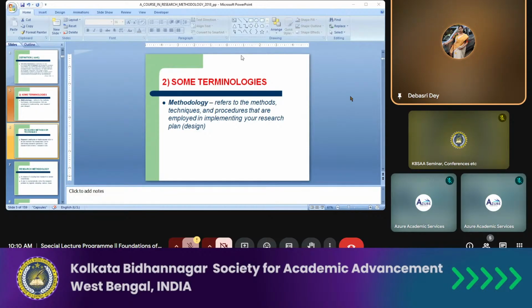I told that methods and methodologies are not always the same, but in some books and write-ups, it has been found that students are writing research methods